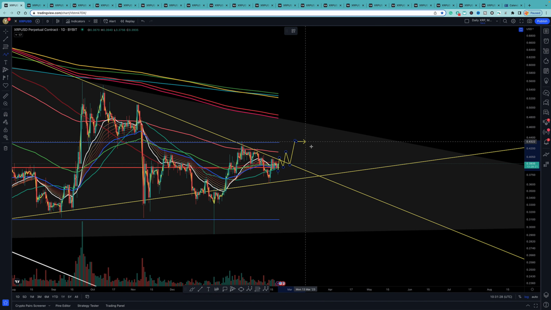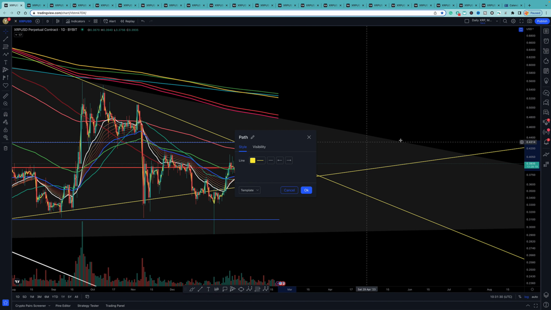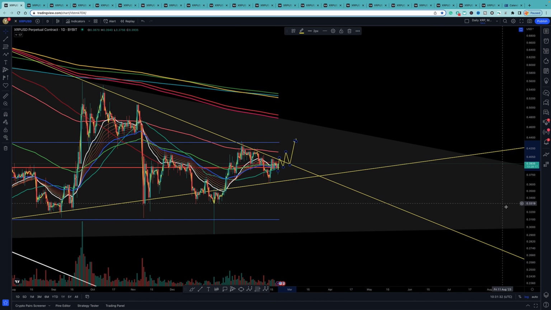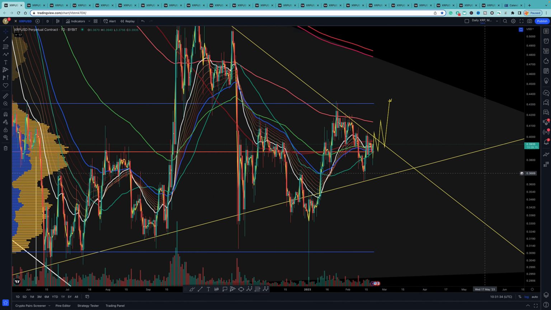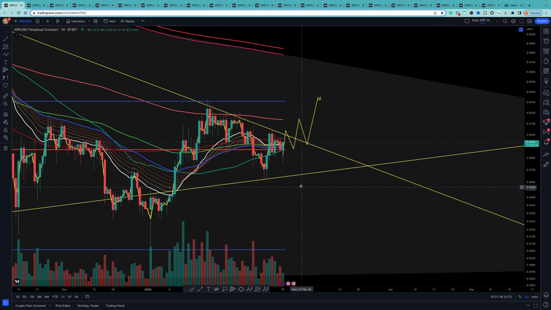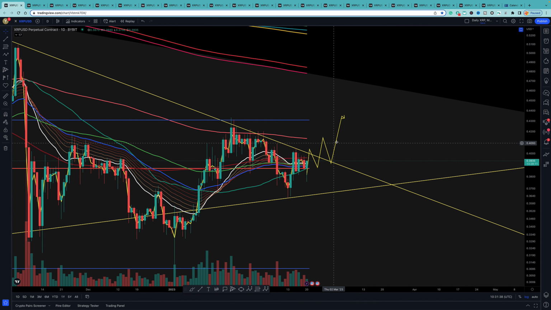You can sort of see it potentially playing out here. I'm mindful of this, to just break out and just go. But we could get this move here, where we're getting touches, we're getting the bounce, we're getting the lift, we're getting the bounce,